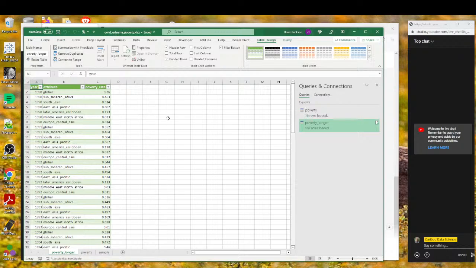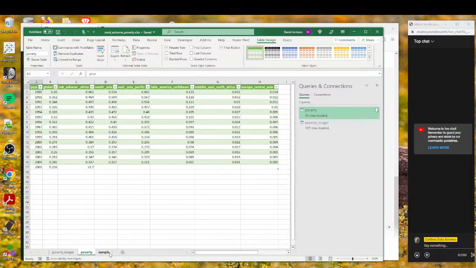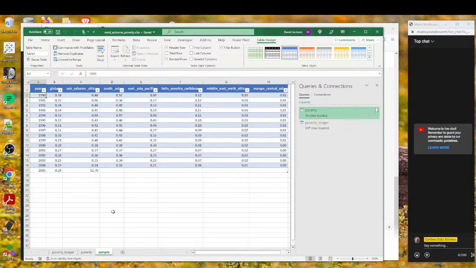Let's see. So here's the first one, 16 rows, sample. Okay. So now let's see if we can import some of this